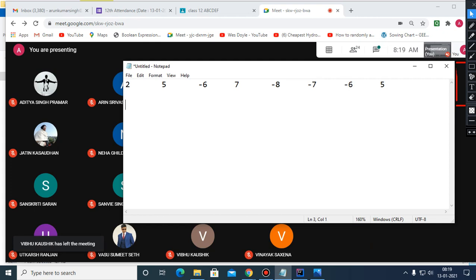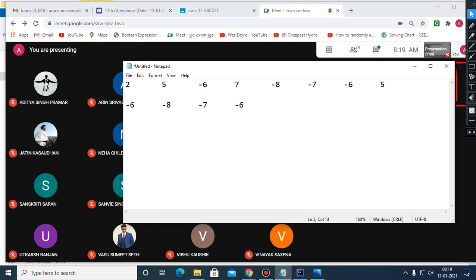Your task is just to shift all the negative elements towards left without changing the sequence of the negative and positive elements. So here it is -6, then -8, I'm not changing the sequence, -7, and then -6 again.